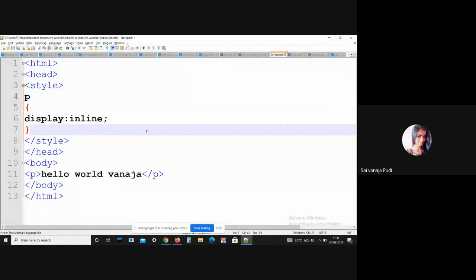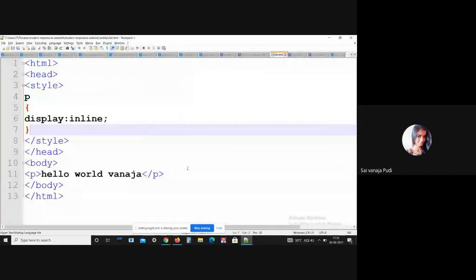inline block. This CSS display inline block element is generally similar to the inline element, but here the difference is that you are able to see the width and height, okay. And followed by we have another property, that is CSS display block. The CSS display block element takes as much of the horizontal space as it can, means the block element takes the full available width, okay. They make a line break.